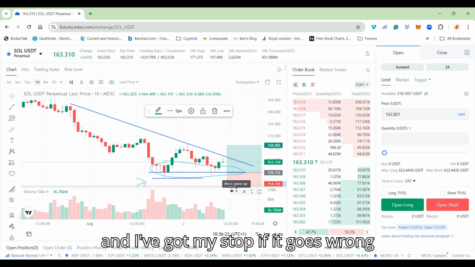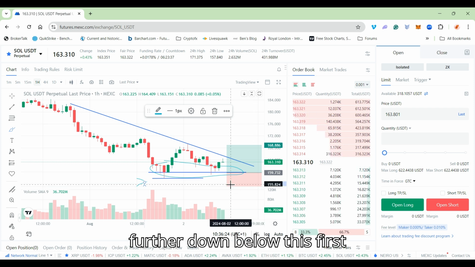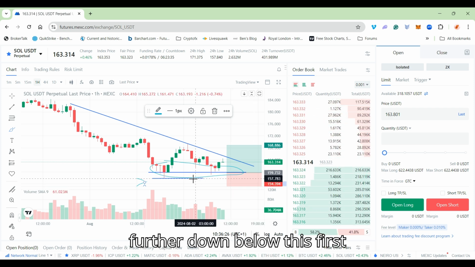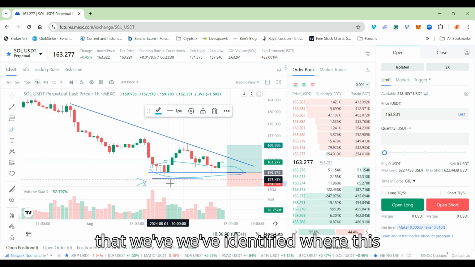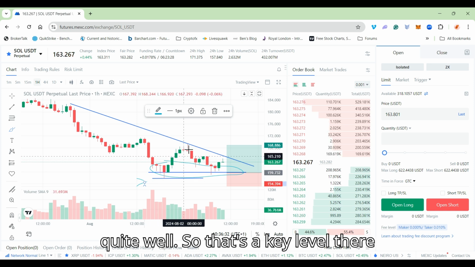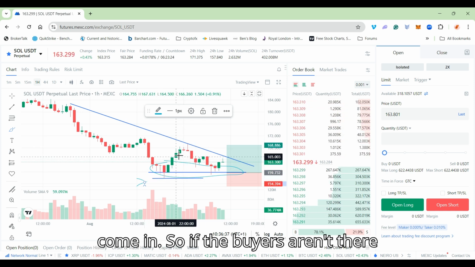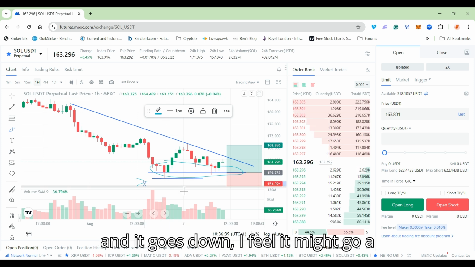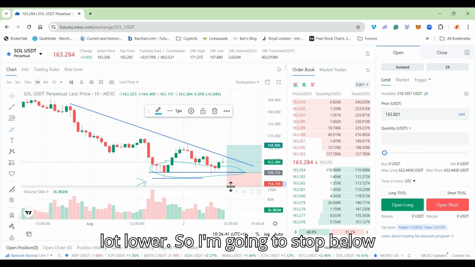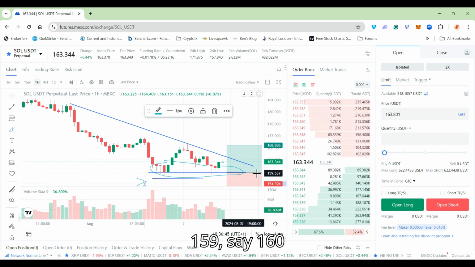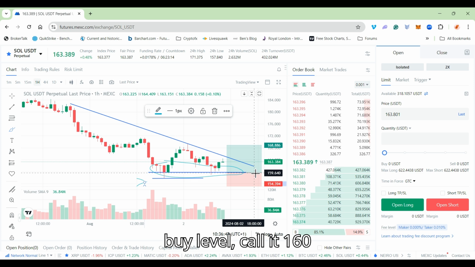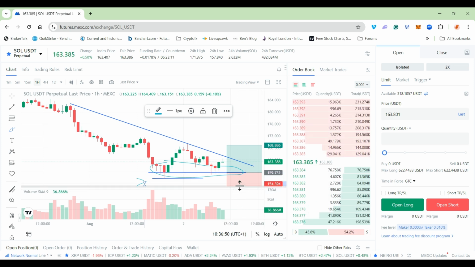And I've got my stop if it goes wrong, further down below this first challenge, which is this low that we've identified where this wicks hit and then bounced, and it's bounced quite well. So that's a key level there where people have come in, buyers have come in. So if the buyers aren't there and it goes down, I feel it might go a lot lower. So I'm going to stop below there at 154. So we've got a 159, say 160 buy level. We'll call it 160, and a 154 stop